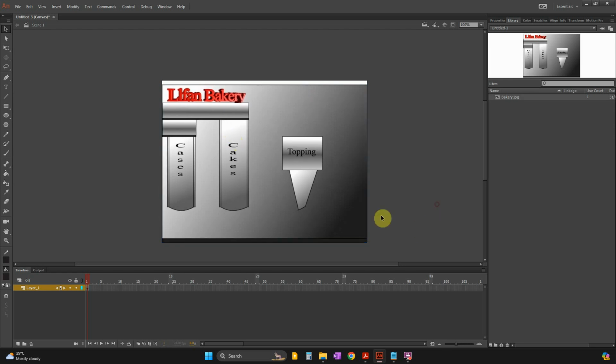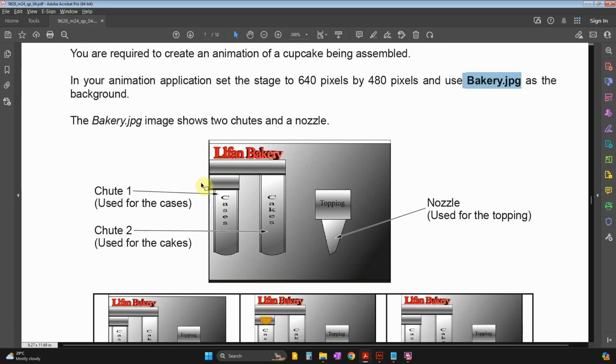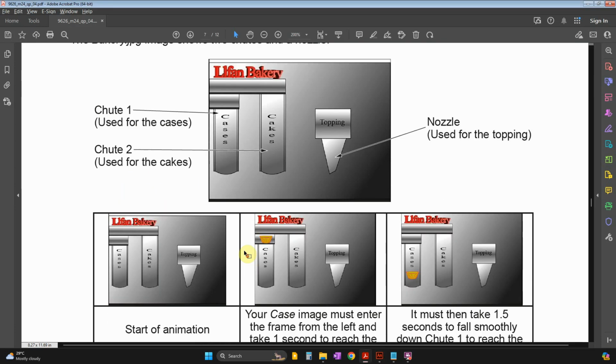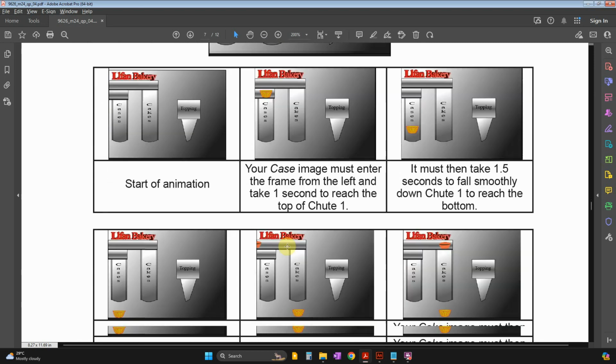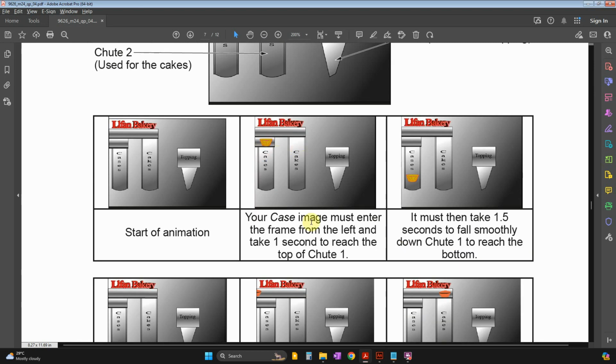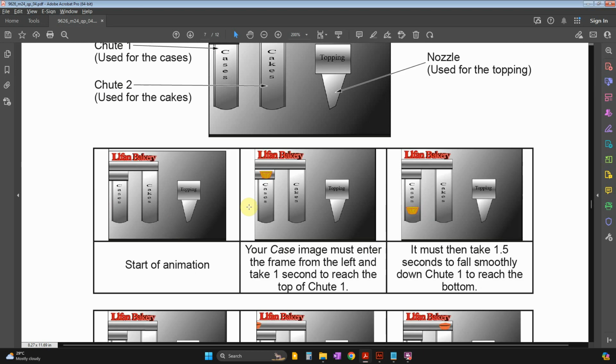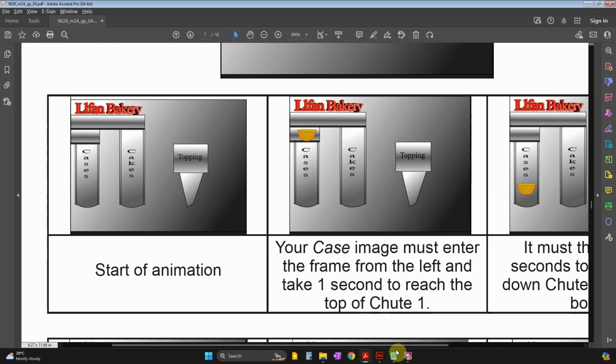Okay, that's good. So as you can see in the picture over here, we have shoot 1 and shoot 2 for the cake to be produced from one side, and then it goes to the next side, and then to the topping. The cake will come from here, first the case, and then the cake, and then the topping. So we're going to follow this animation step by step. Okay, so the first one, the start of the animation,